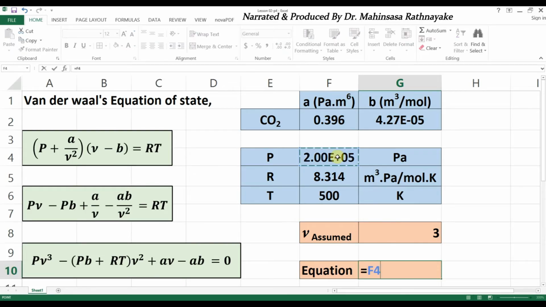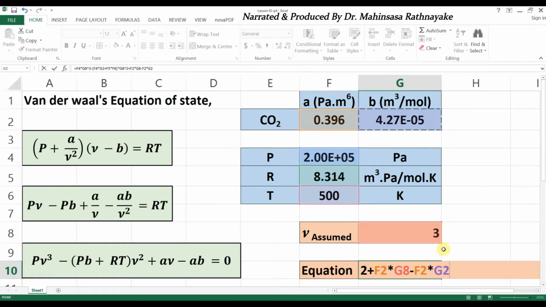Then we substitute the assumed value into the equation. That means the pressure multiplied by the third power of volume, minus, within brackets, pressure multiplied by B plus gas constant times temperature, close brackets, multiplied by volume squared, plus A times volume, minus AB.